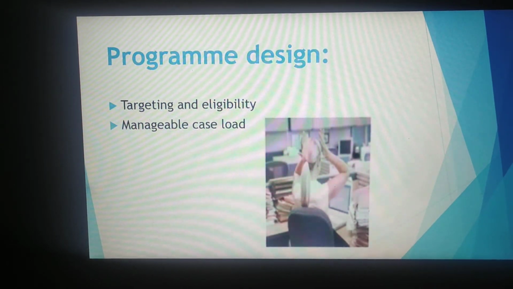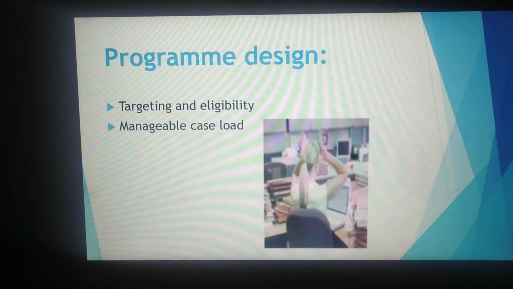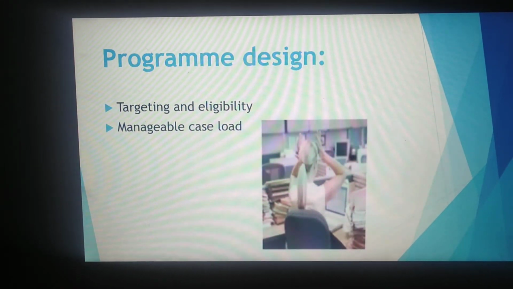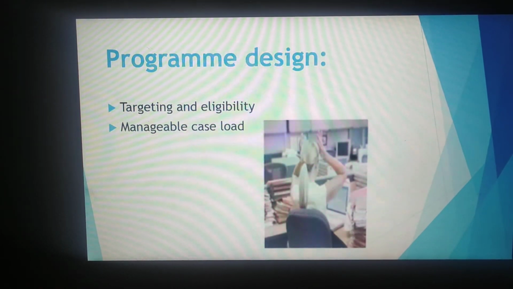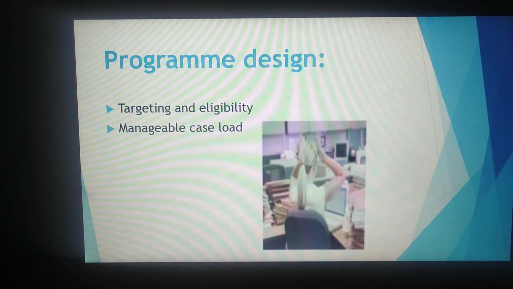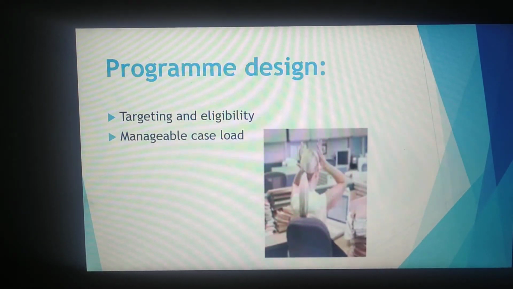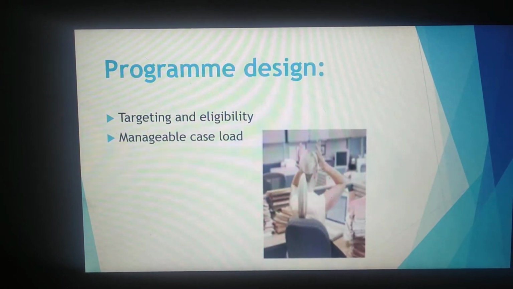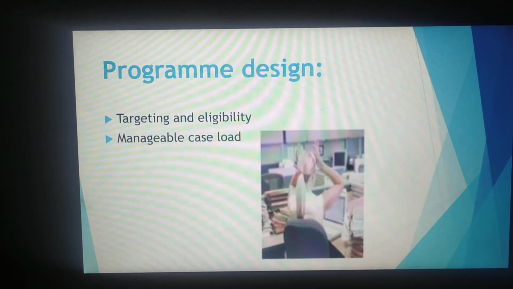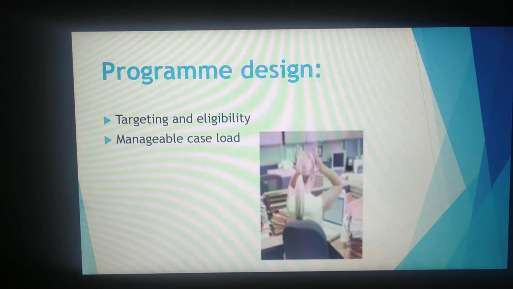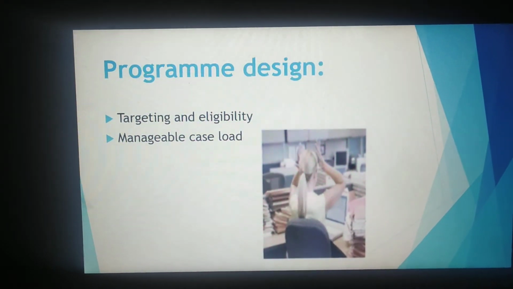Sometimes we may get a number of cases and workloads, especially nowadays, due to COVID we are getting a number of cases into hospitalization. In such cases we should not be tense, and we should not get stressed by those situations. We need to have a cool and pleasant mind, and we need to design a good program by targeting and eligibility criteria for the patients.